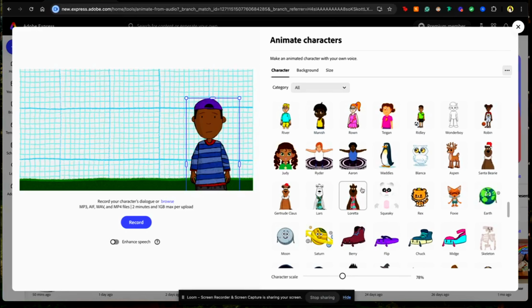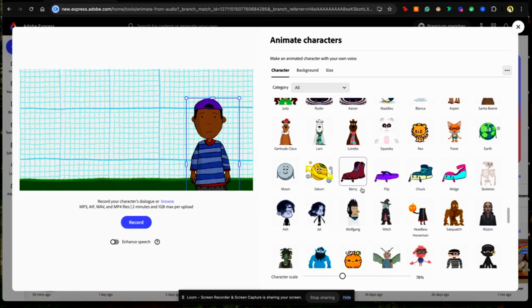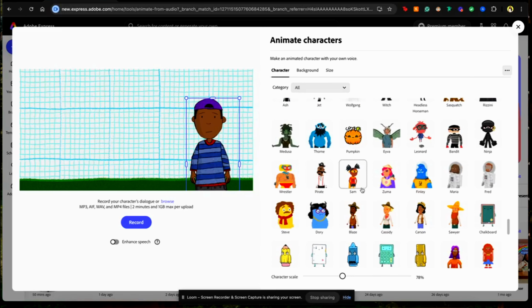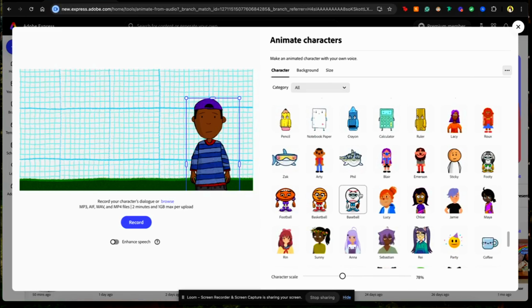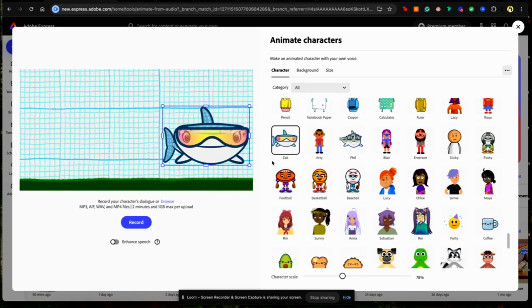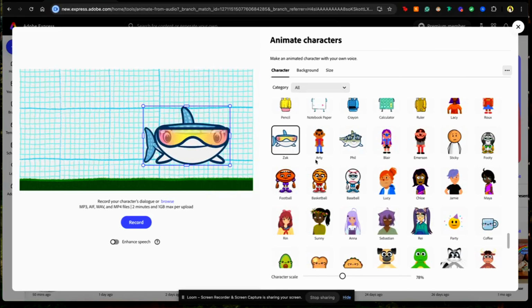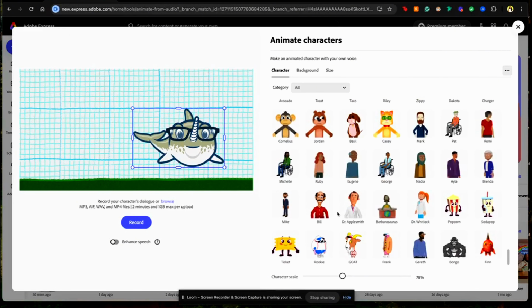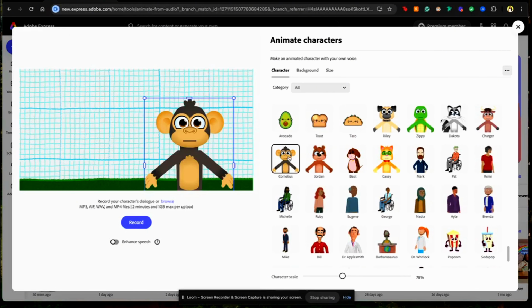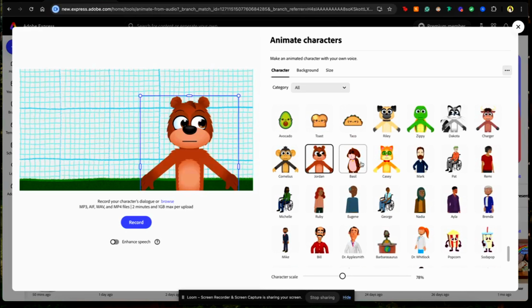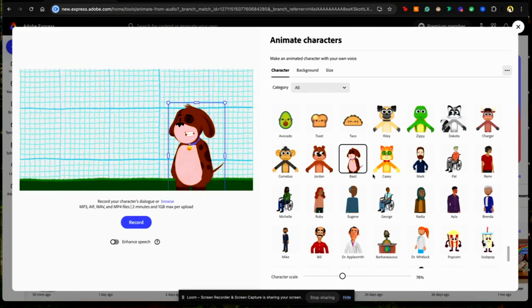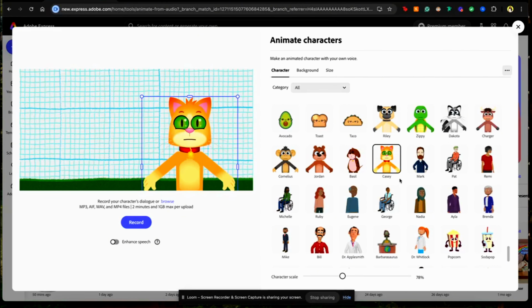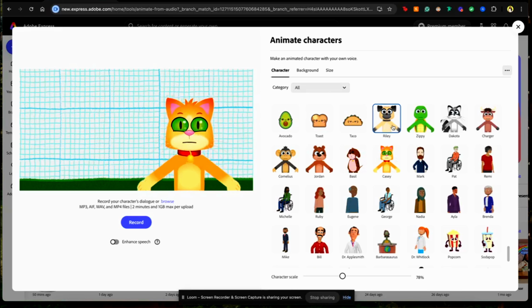Now, for today's theme, I would love and encourage us to stick to animals. Okay? So we're going to pick any animal. Let's see what animal I want to choose. Oh, there's Zach. Zach is the shark. All right, so, there's also Phil. So let's see, I have so many options. There's Cornelius the monkey, Jordan, Basil, which is a dog. I like dogs. What's your favorite dog? And there's Cassie, Riley,